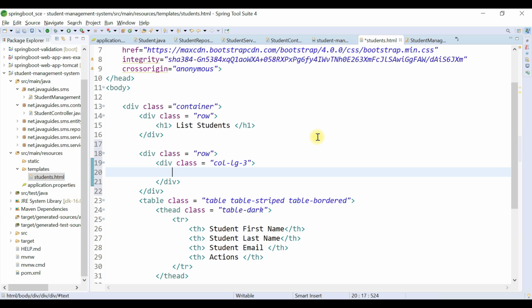And here I'm going to create an anchor tag, and I'm going to use the th:href Thymeleaf attribute to provide a link for this button. So remember, this is the syntax to provide a link for an anchor tag using a Thymeleaf attribute: @ followed by curly braces, and within the curly braces we provide the URL, that is /students/new.